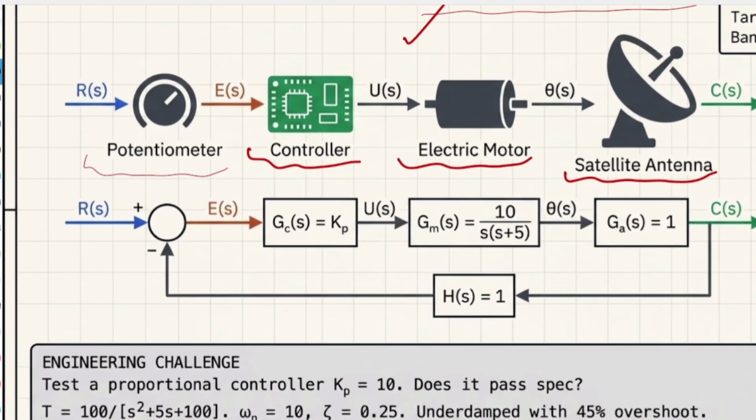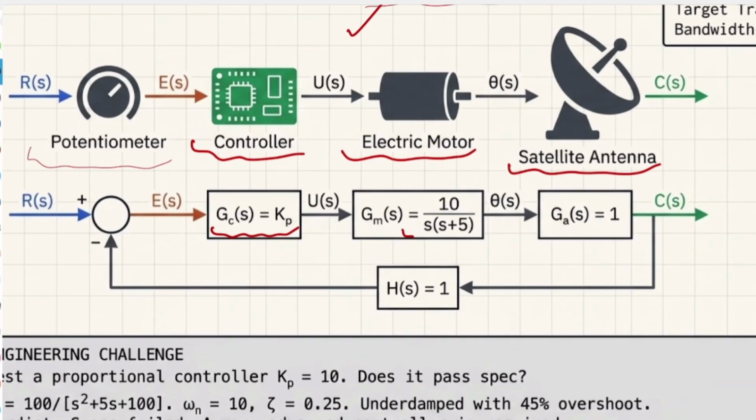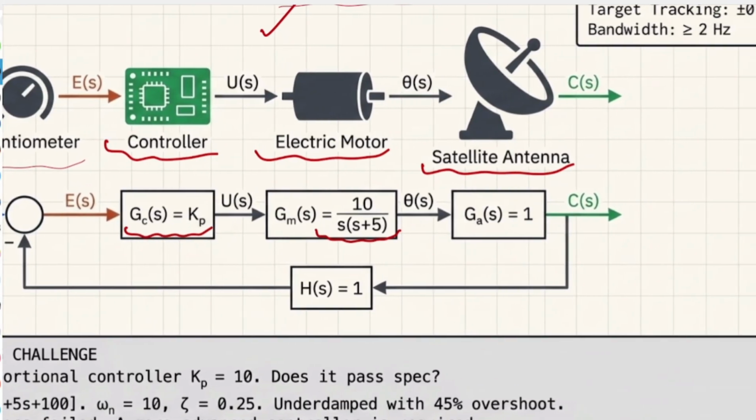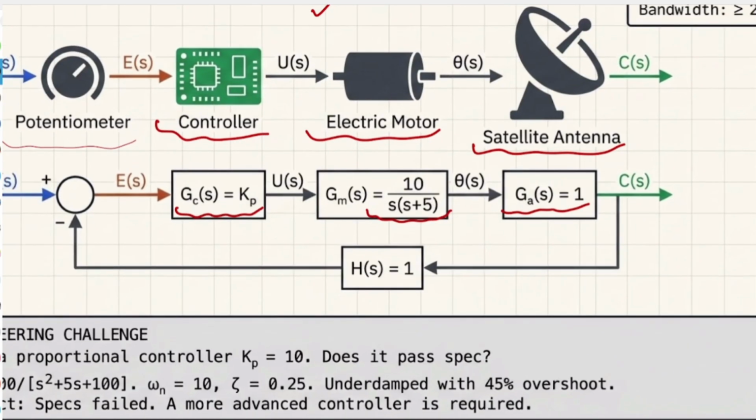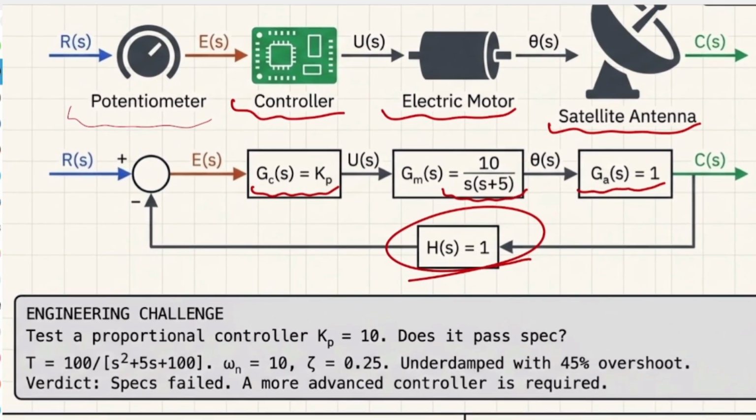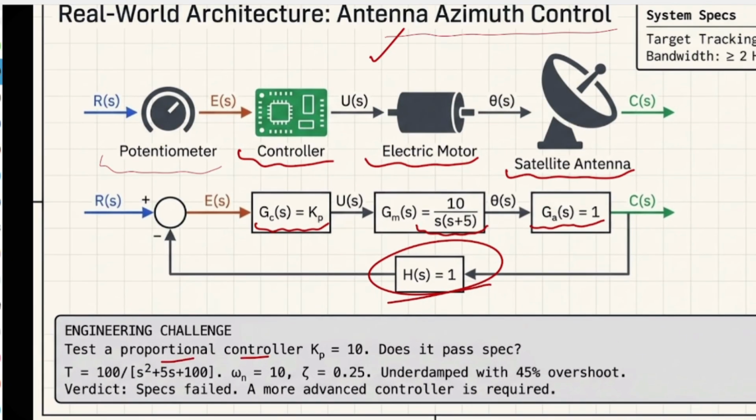A potentiometer is just going to be like the gain. It's going to be a multiplier. Then we have the controller. Imagine our controller is like this, and then finally we have our electric motor, which is not going to do anything. Our plant gain is going to be 1, and finally our feedback is 1 as well. At this point, we are going to test the proportional controller. Imagine that KP is 10. Is it going to pass the specs or not? If you do the combination and have everything you need over here,